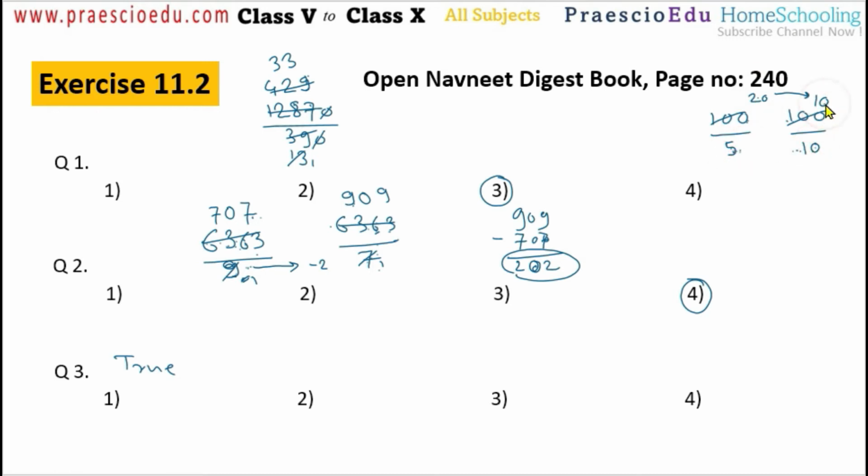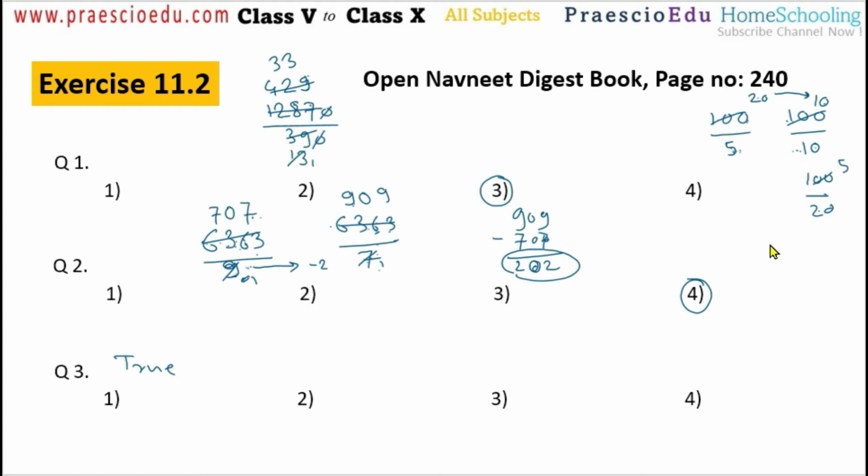Here they are equal, and if we divide 100 by 20, now the divisor increases. What is the quotient? The quotient comes to 5. So in this case the divisor is greater than the quotient, which means we cannot say that; this statement is incomplete, or we can say incorrect.